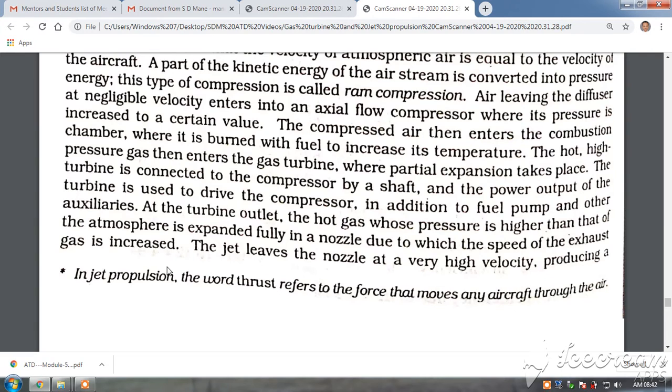These turbojets are suited for aircrafts traveling at 800 to 900 kilometers per hour. However, high cost and noise are the problems associated with them. They are very expensive, but even today in 2020 they are very popular. I was reading that due to COVID, around 16,000 aircrafts are grounded, and most of them are turbojet engines. Though the cost is very high, they are used for the high speeds associated with them.